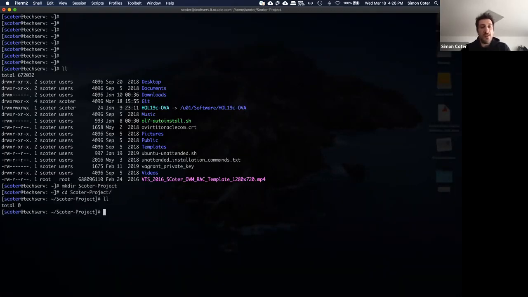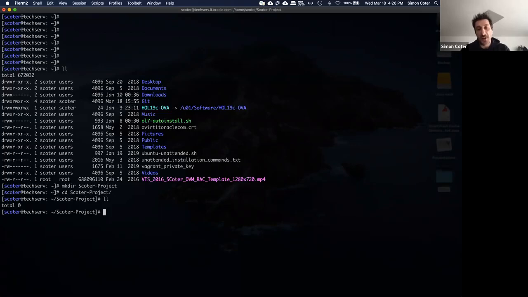Okay, within a Vagrant project, so within a directory, you are going to have one unique Vagrantfile. Vagrantfile is the configuration file for your project. And in this unique file, you can define one or more VMs that will take part in your Vagrant project. Now, I'm going to just initialize the Vagrantfile,